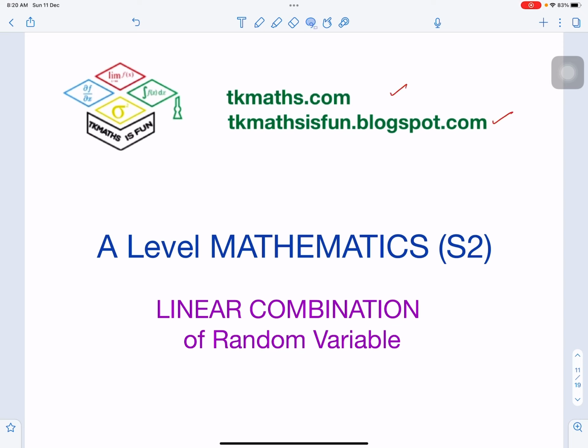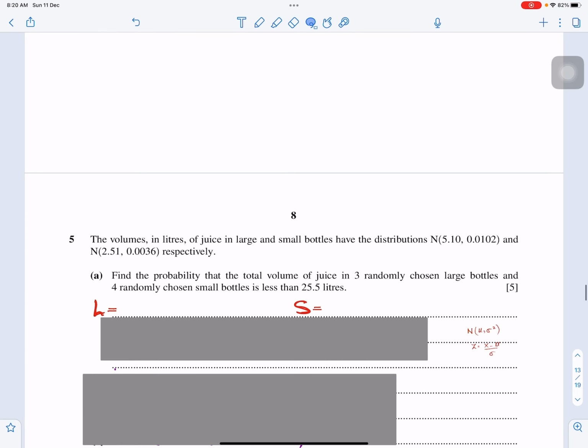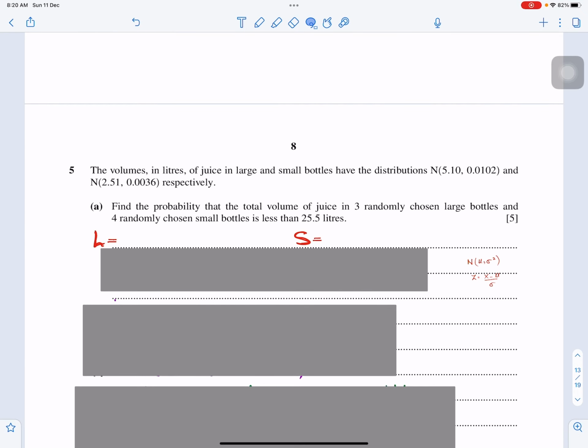So let's just start the question. Let me first show you the question here. Now this question is talking about volume in liters of juice in large and small bottles. So the main focus here is on large and small bottles. The distribution of the large bottle is given here and the distribution of the small bottle is given to you here. Now the question asks to find the probability that the total volume of juice in 3 randomly chosen large bottles and 4 randomly chosen small bottles